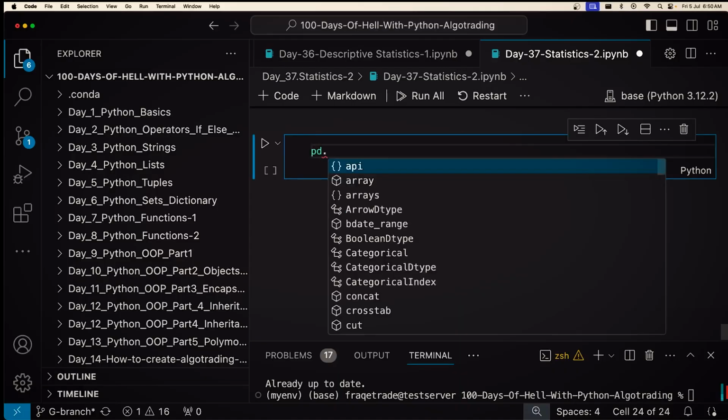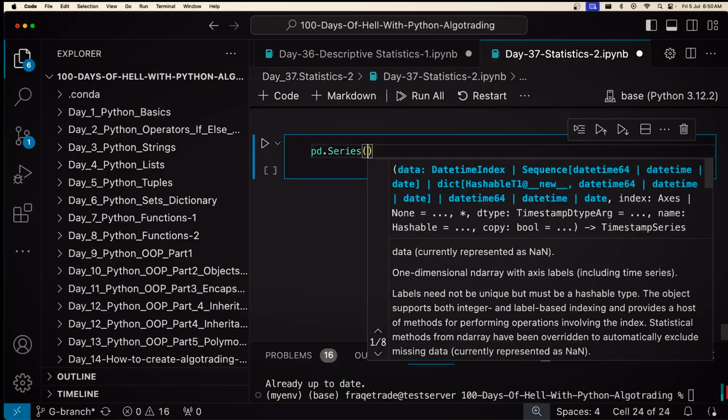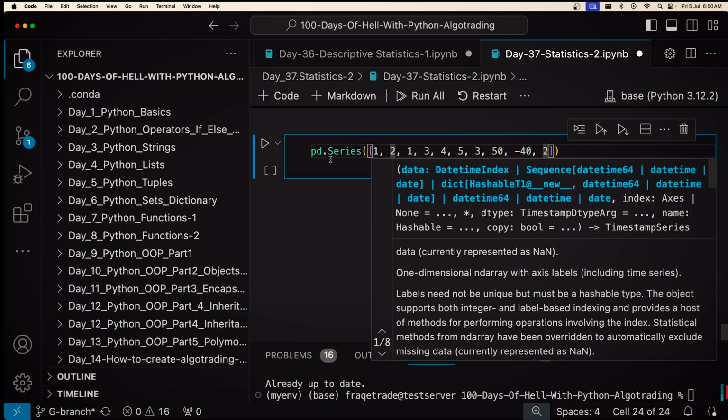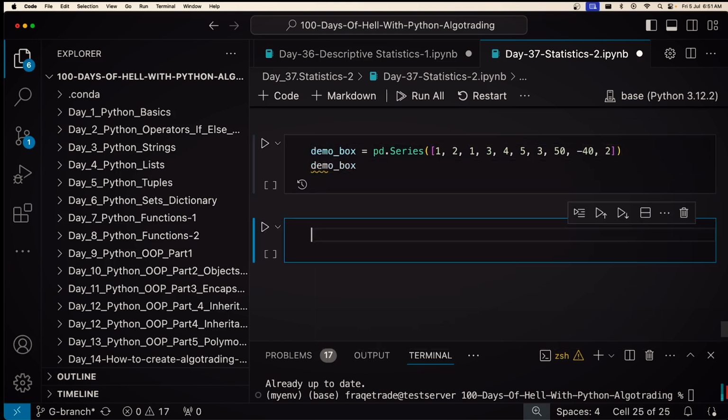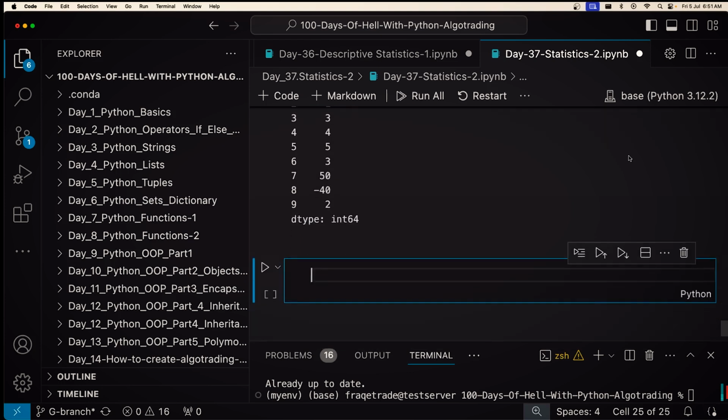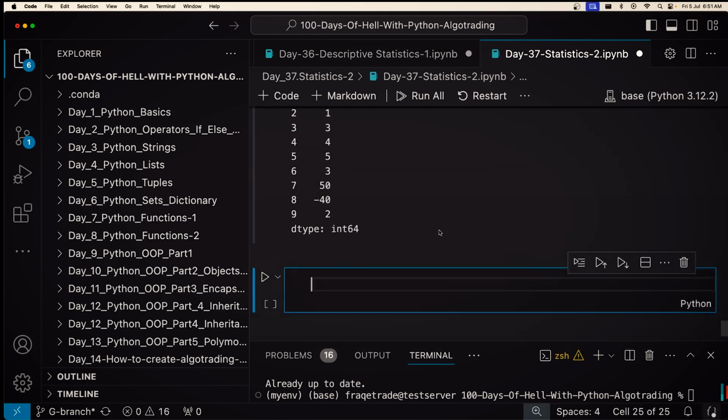And I can show you Python also. Let me show it. I'll quickly go and create a series here. So pd.Series, and here I'll pass this list, right? And I can give it, let's say, the name demo box, right? So when I check this, we will have a demo box, which is this series, right? Now we can simply draw a box plot on this.